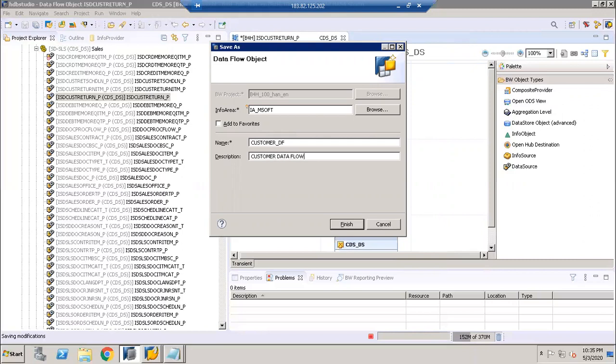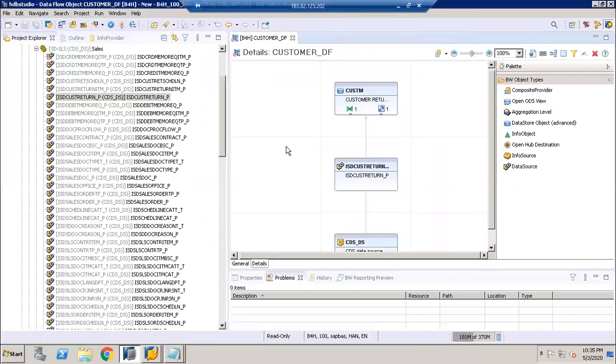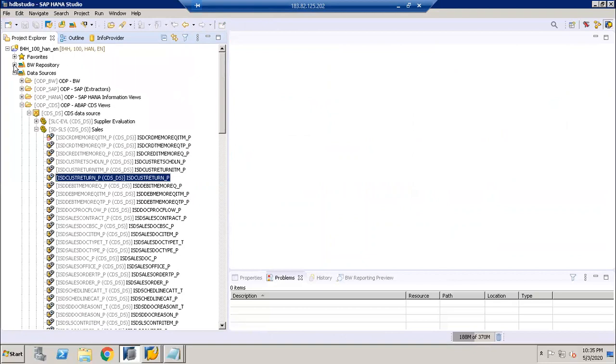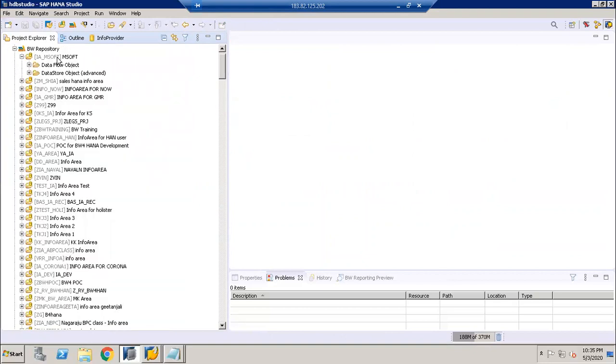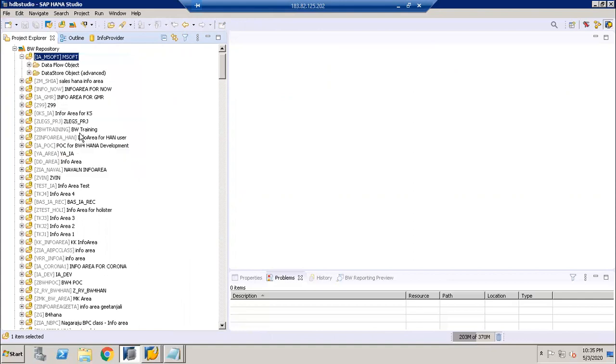Data flow. Fine. Just go to the repository here. In my repository, just refresh the system.